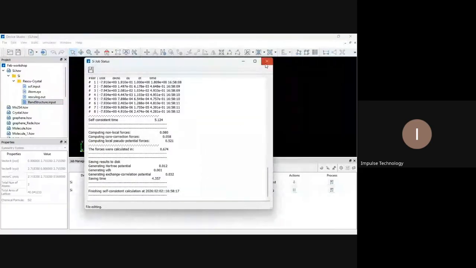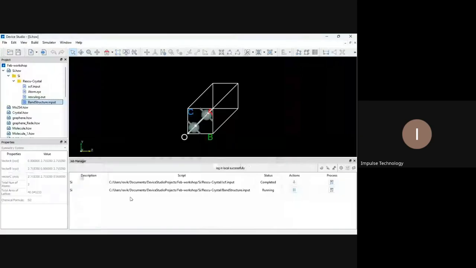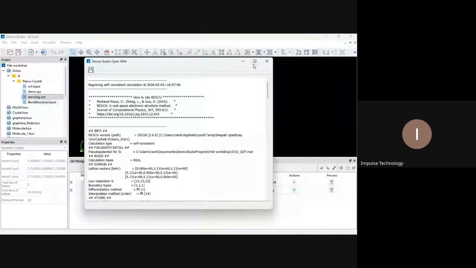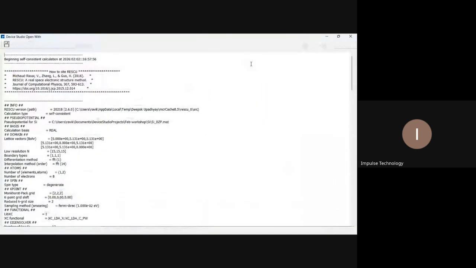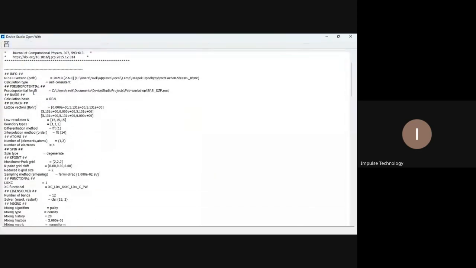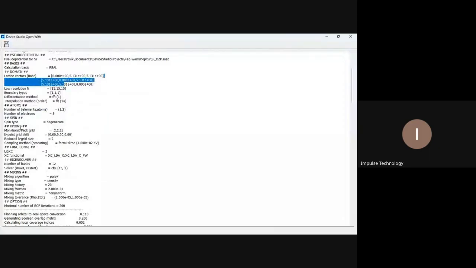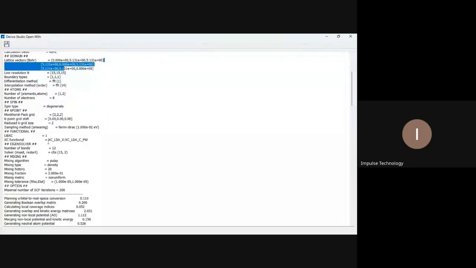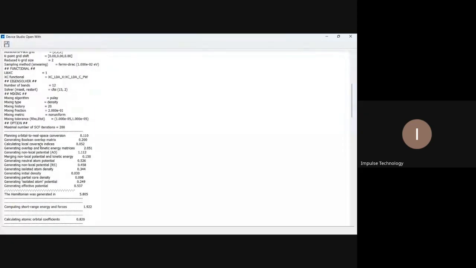In the job manager, you can see the SCF input file completed. Now the band structure input file is in running condition. If I click on the rescue log.out file and open with, you can see the information related to the material file, like the rescue version, pseudo potential, basis, and the lattice vector also. You can see the K points, the exchange correlation function, and